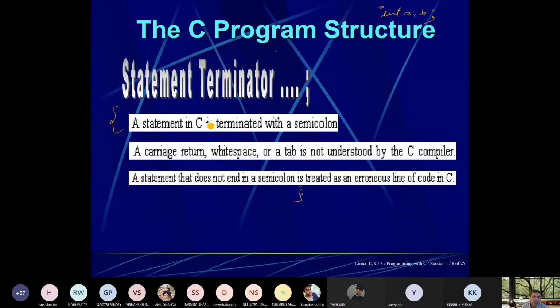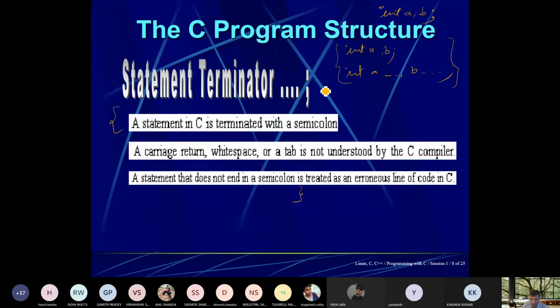A statement in C is terminated with a semicolon. A carriage return, white space or tab is not understood by the C compiler. It means int a, b; and int a, b; are both the same, because C does not understand carriage return and white space characters.